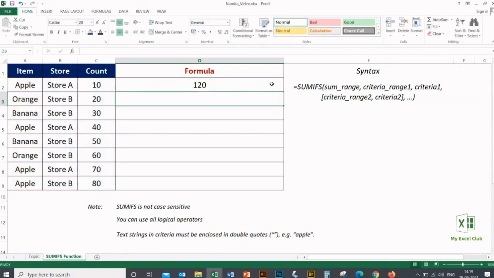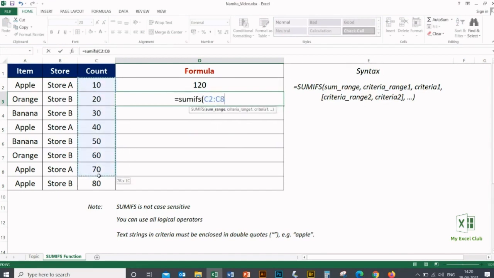We will take one more example. Let's say I just want to count the total apples irrespective of my store. I can do it with both the SUMIFS function and SUMIF because I have only one condition, which is apple. So I'm doing it with the help of the SUMIFS function. It is asking me the sum range.